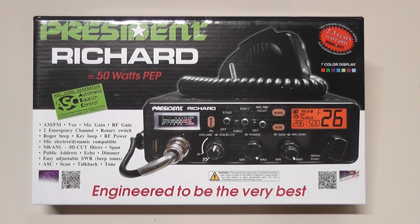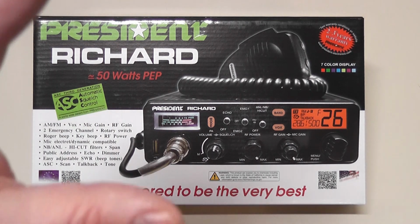Hi, this is CBRadioMagazine.com, and it's been a while since I've had a new radio on the desk. This is the President Richard. It's an AM/FM 50-watt PEP 10-meter radio, and I've seen some other radios that were newer that came out, but